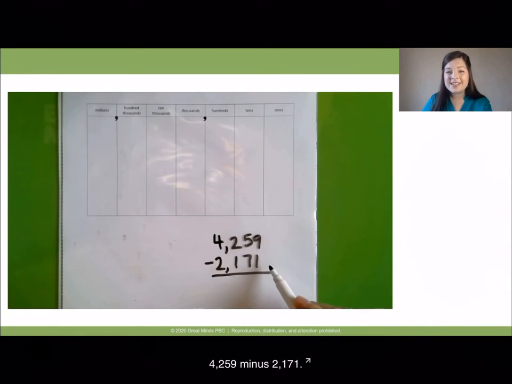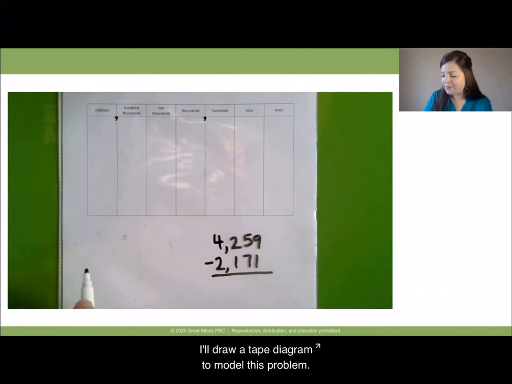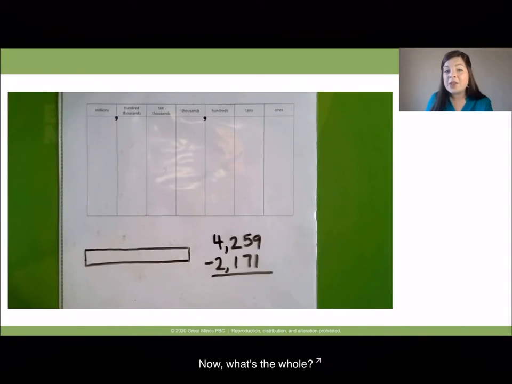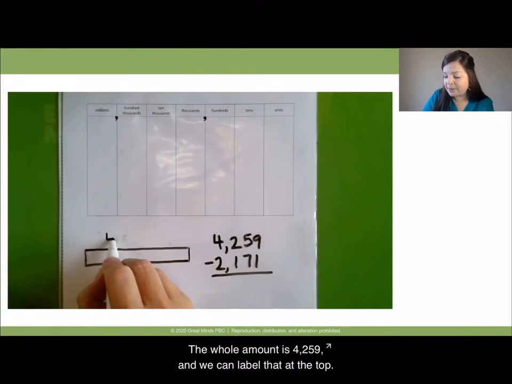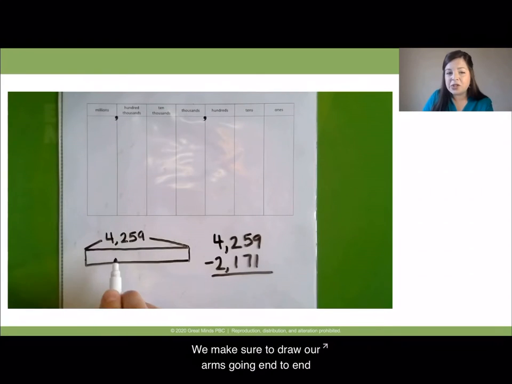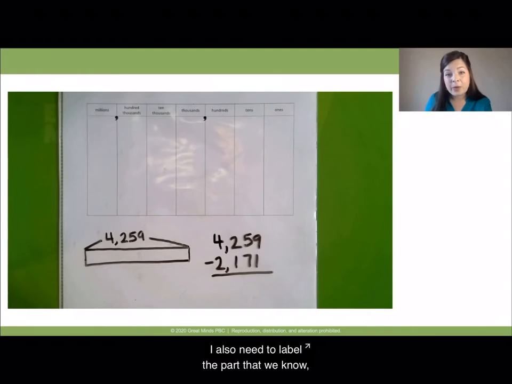4,259 minus 2,171. I'll draw a tape diagram to model this problem. Now, what's the whole? The whole amount is 4,259, and we can label that at the top. We make sure to draw our arms going end to end to show that the whole tape has a value of 4,259. I also need to label the part that we know,